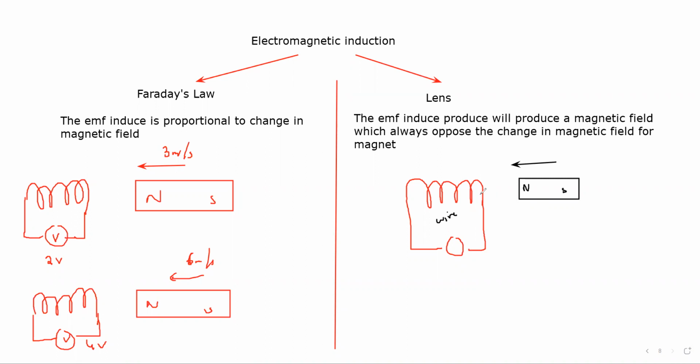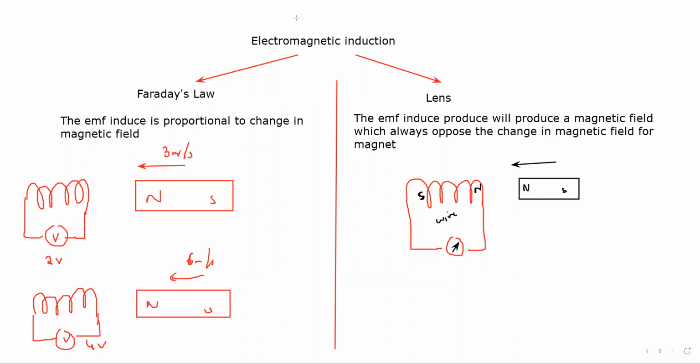Because of the change in magnetic field, there is a current in the wire, and due to that current, there is a magnetic field of the wire, and that magnetic field of the wire always tries to oppose it. So if the magnetic field is increasing, it will try to oppose. How will it oppose? One side appears to be north and the other appears to be south. Why the same identical pole? Because like charges or like poles repel each other. So for example, a needle is deflected towards the right hand side.